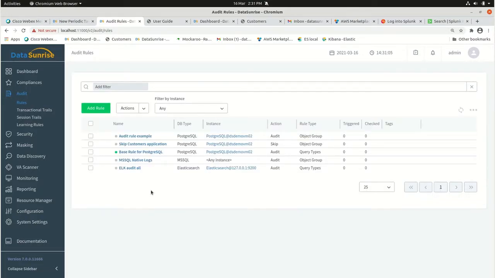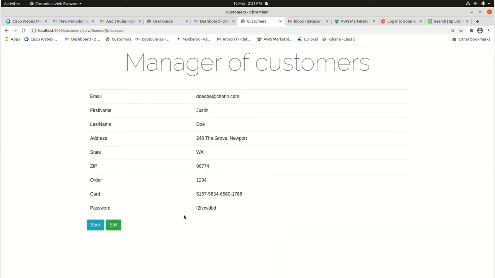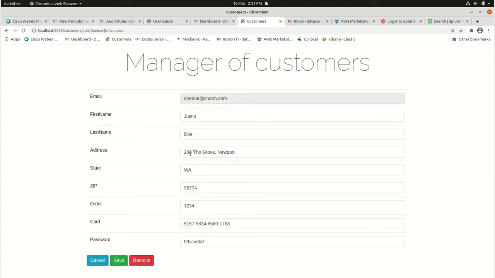On the next step, I will demonstrate how you can organize usual user activity with a demo application. This demo application uses PostgreSQL tables and connects to Postgres instance through Data Sunrise proxy port. So I generate some user activity, putting some actions here, editing data,